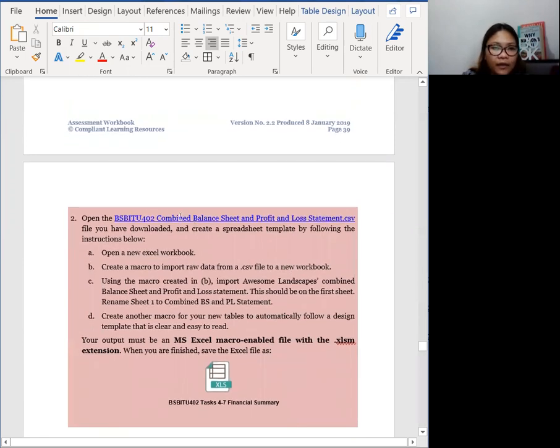So open the BSBITU402 combined balance sheet and profit and loss statement file you have downloaded, and create a spreadsheet template by following the instructions below. Open a new Excel workbook, create a macro to import raw data from the .csv file to a new workbook. Use the macro created to import Awesome Landscapes combined balance sheet and profit loss statement. And you should find this in the first sheet, and then you have to rename sheet 1 to